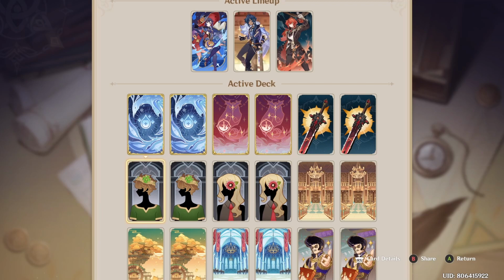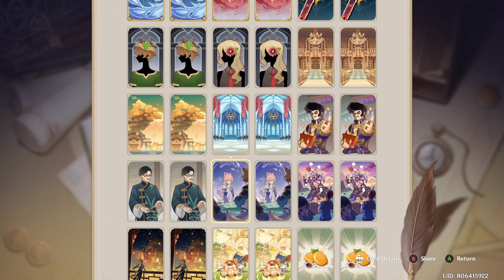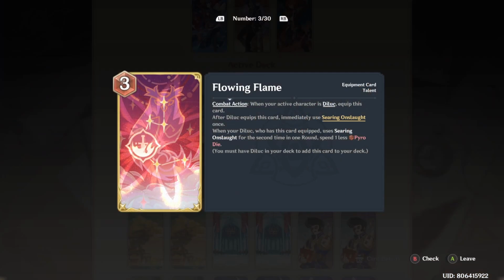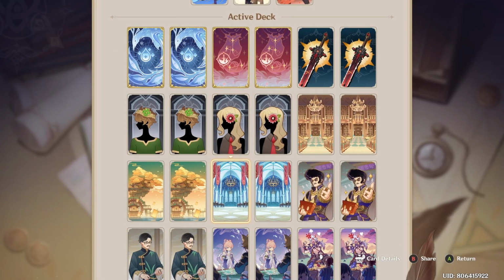Next up, we have the dice cheating package over here. Essentially, the dice cheating package is a combination of the different things that I've already spoken about. You have your Flowing Flame, it is part of the dice cheating package. Gambler's Glove is part of the dice cheating package, but then you also have the more usual suspects such as